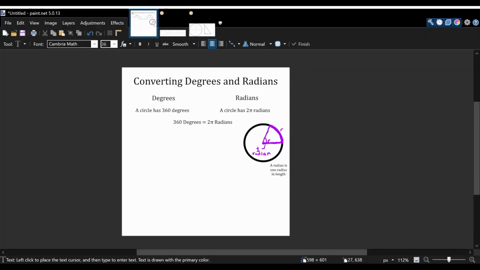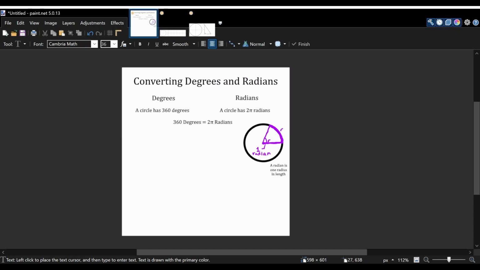In this video, I'm going to be explaining what radians are and how to convert degrees to radians. To start with degrees, degrees are a unit to measure angles, and a circle from its center point is made up of 360 degrees. Radians are a little bit different, and there are 2 pi radians per circle,